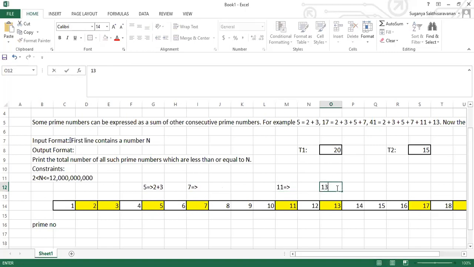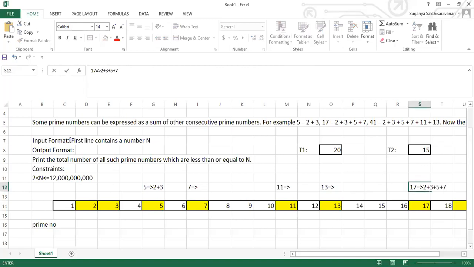Coming to 13, you can just check with it. Here we are getting 17, right? So 17 is going beyond the range, so this is also not possible. Coming here, this satisfies the condition, right? 17 is given by 2 plus 3 plus 5 plus 7. What's happening here? 3 plus 5 plus 7 gives you 17. This condition is satisfied.